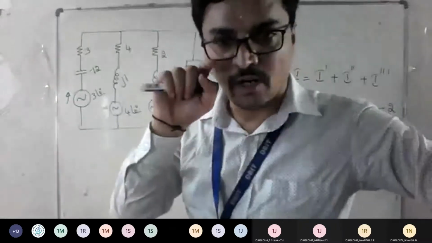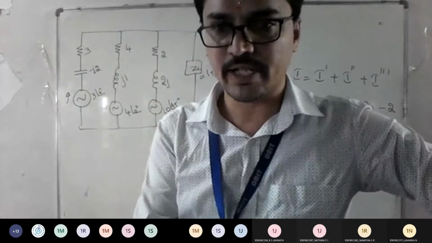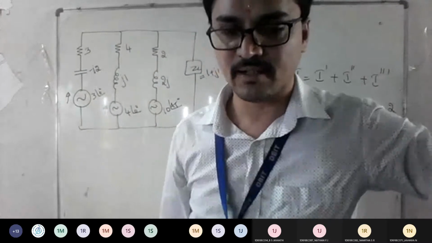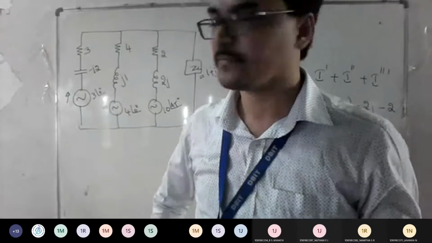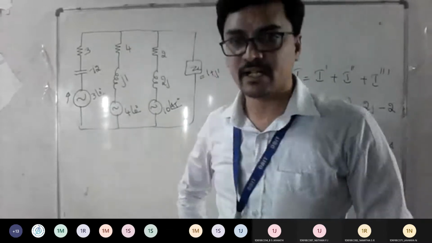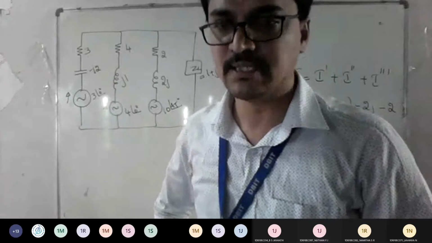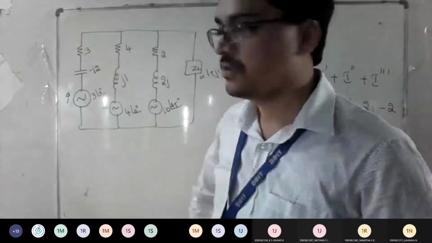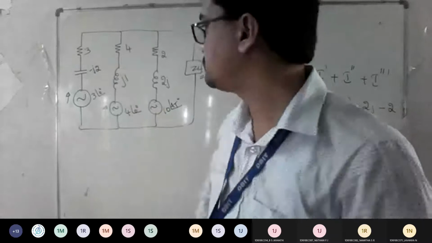So, the superposition theorem: you need to know it to find the equivalent voltage or current across a particular resistor for independent types of sources. We went for the superposition theorem. In the same way, the Millman theorem. Assume that the Millman theorem was not asked. If they ask you to solve using the source transformation technique, what is the procedure?